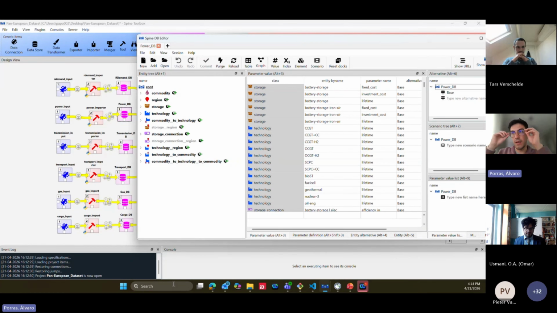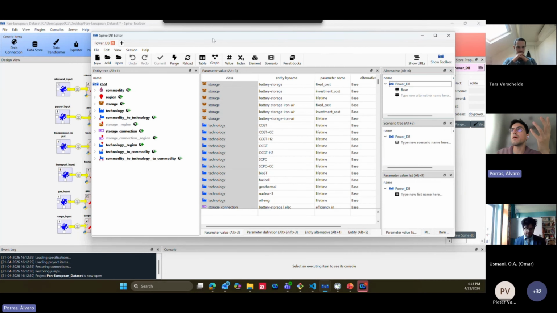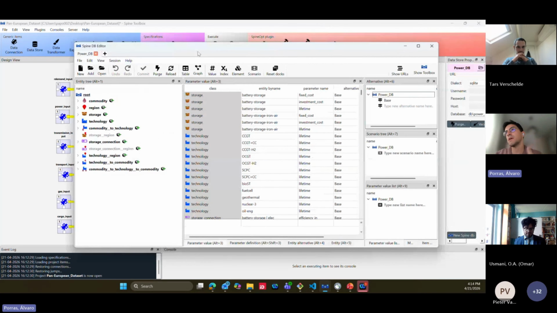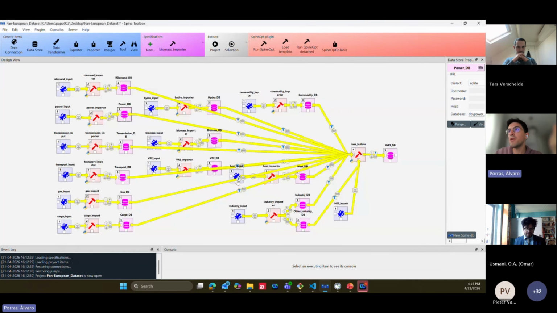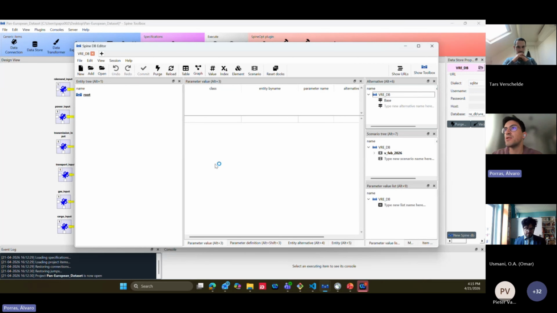So that is the way that we create the models in the Spine ecosystem, in the Spine node, but also in Guinness. And there, basically, you can check all the data that we have for all the pipelines. So, for example, if you go to the VRE, you will see that this database contains a lot of time series, it's more heavy. So it will take more time.